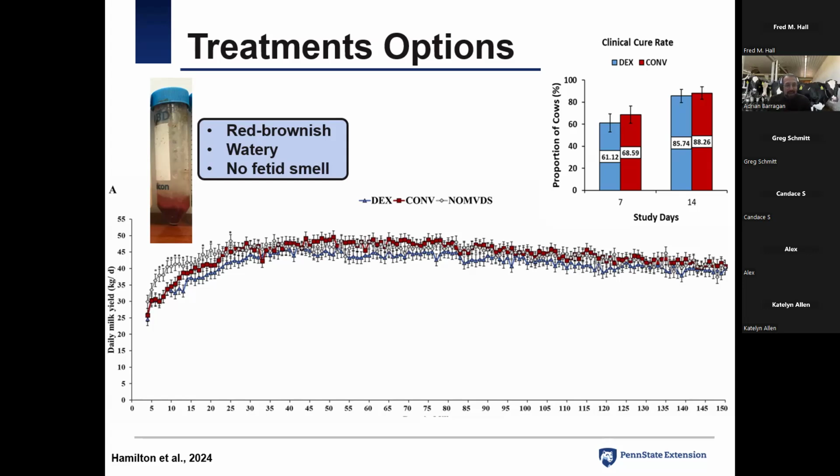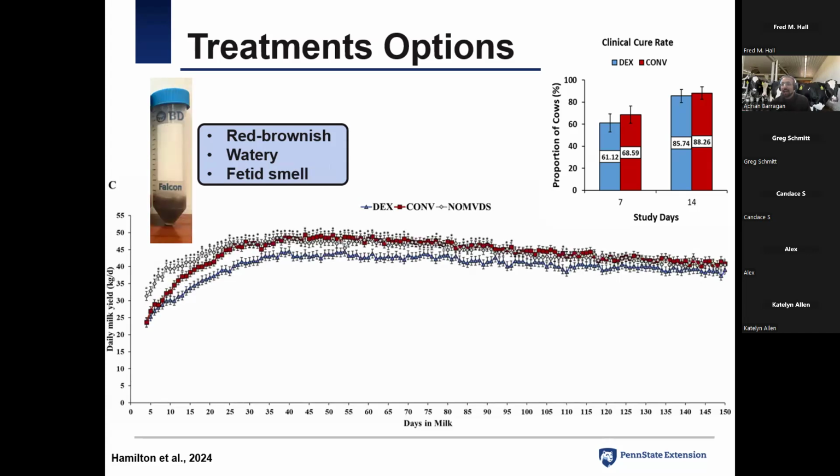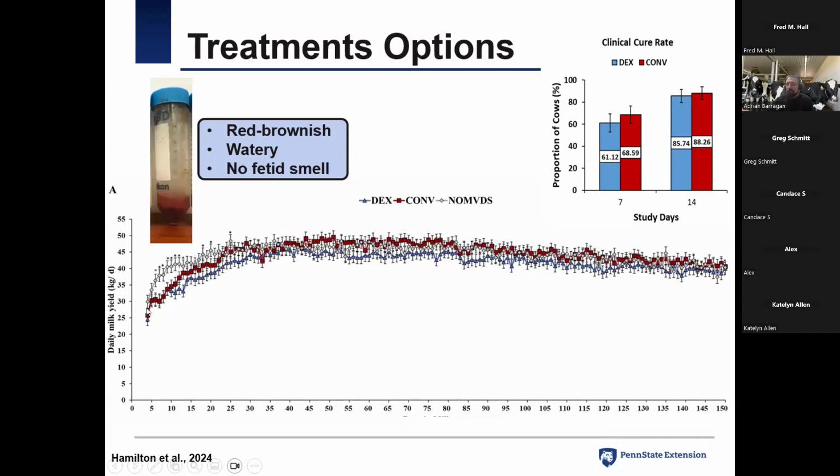So now let's take a look at when we only include animals that have vaginal discharge score 5, okay? And now things changed a little bit, right? Now dextrose just wasn't enough for these animals. What you're seeing here is that at the beginning, the milk yield was low, right? When the animals were sick, and even before, if you look at this graph, before the animals were sick, there was no drop, but when they are sick, they actually drop.